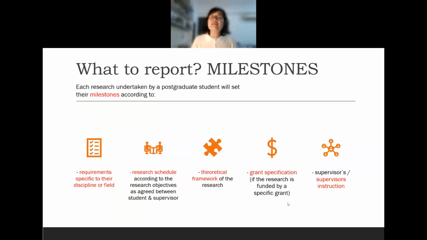And then the supervisor's instruction for you to do. Maybe we ask you, can you rewrite the introduction section of your proposal for the first semester? Can you put in more literature review in your second section, literature review? Can you read up on your methodology? These are normally what we tell you when we meet you.